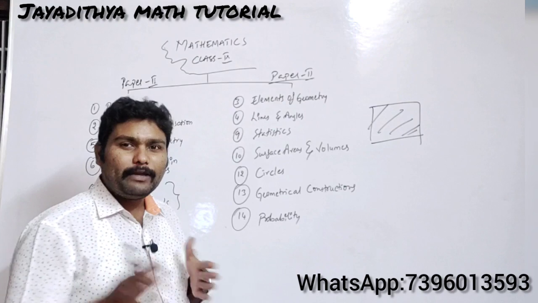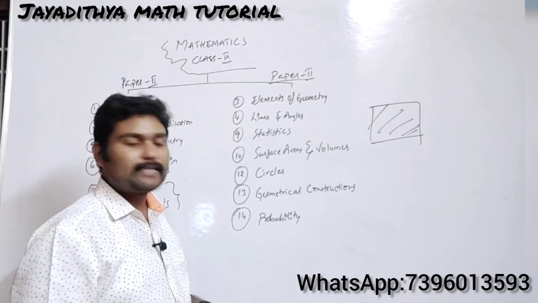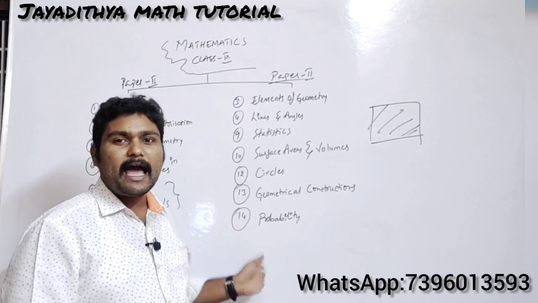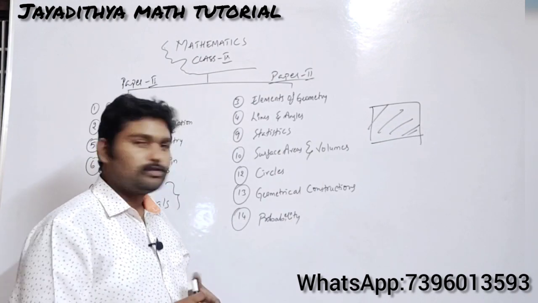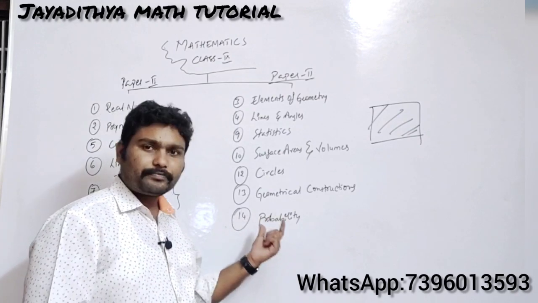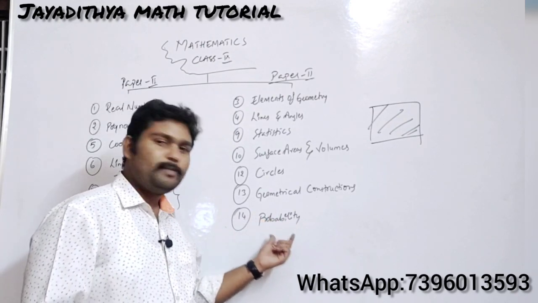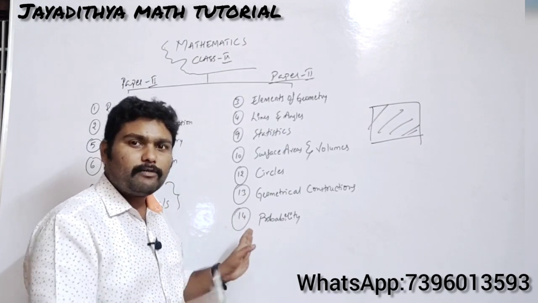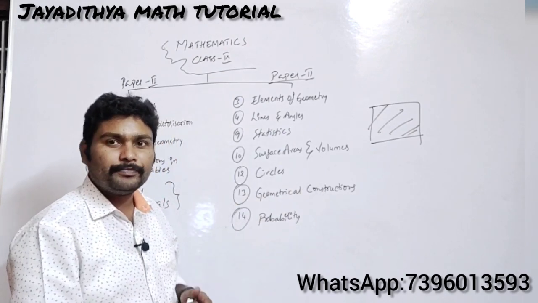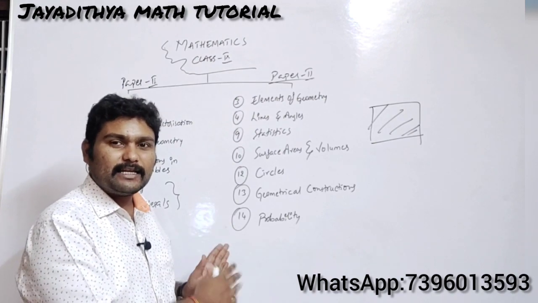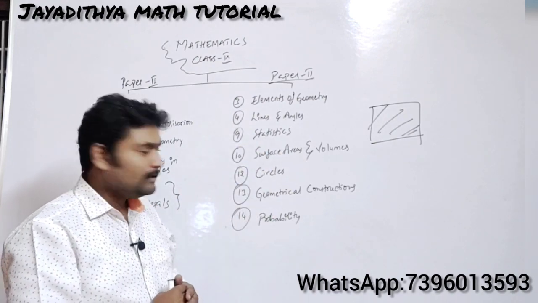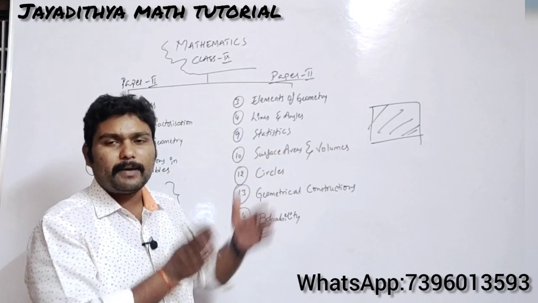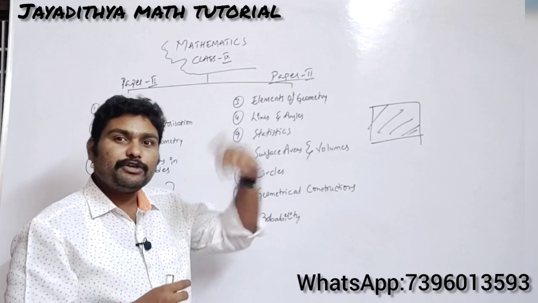That's all. And you have a very interesting and simple chapter which has only one exercise, that is probability. This is your main introduction chapter in your 9th standard, and you will have the same in your 10th standard also. There is only one minor difference in the syllabus. Whatever you learn about probability in your 9th standard, you will also have in your 10th standard, but there it will be somewhat more. If you learn that part here, it will be easy for you in your 10th standard.